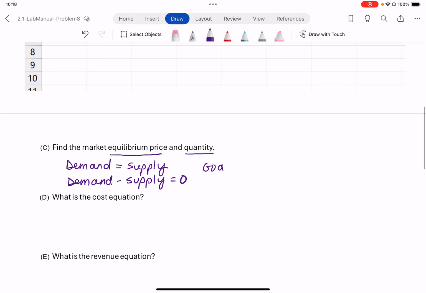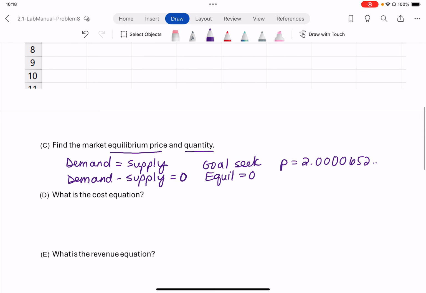So we're going to use our goal seek there. We're going to goal seek our equilibrium equal to 0 and see what we get there. And what happens is we get a p-value. It's 2.00, oh gosh, a lot of zeros there, 0.00652, and so on. Okay, so we're just going to round this to 2 decimal places because it is a